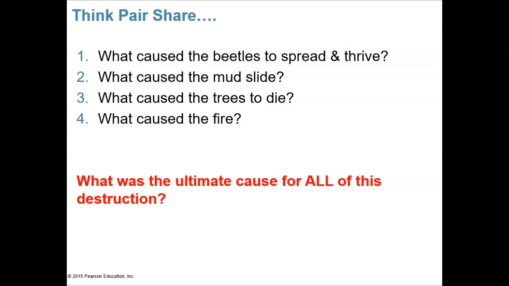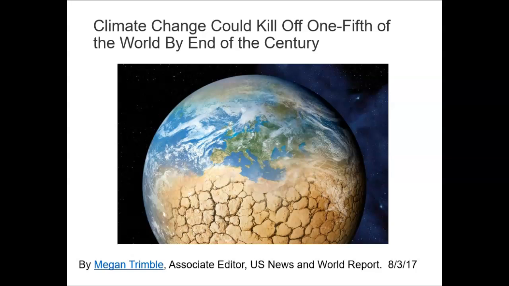So, this is kind of a doom and gloomy sort of picture for sure. This is saying that climate change could kill off one fifth of the world by the end of this century. And most of you are probably going to be around by the end of the century because people are living longer and longer than they ever did before. And that's kind of scary to see. Are you going to be part of the solution, or are you just going to watch what happens? And hopefully after we finish this semester, you'll want to be part of the solution.